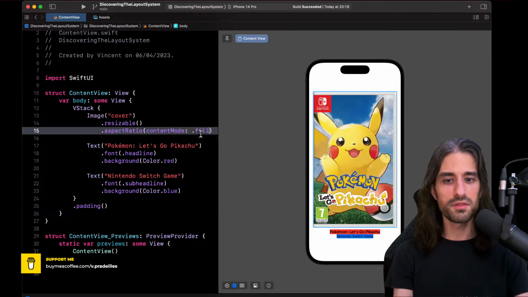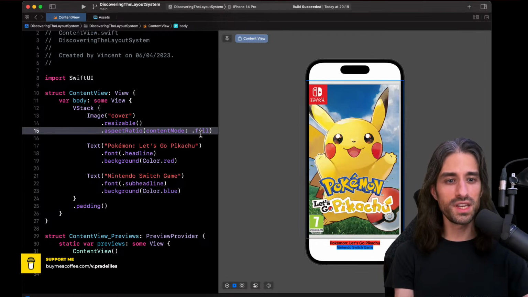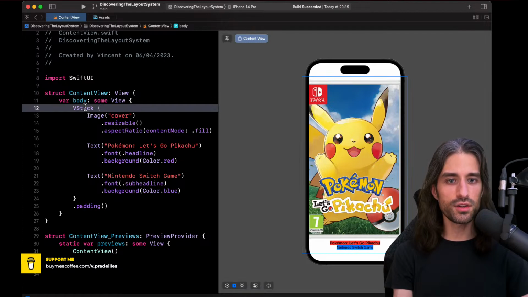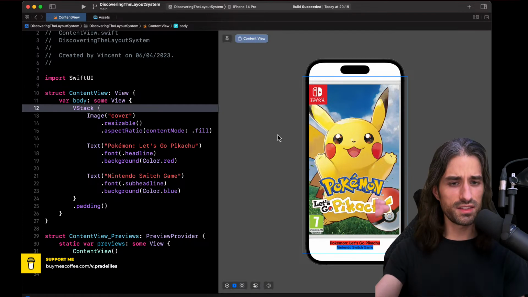Or we could say fill if we want to fill all of the available space at the price of cropping the image. You can notice that when we say fill, the image actually fills all the available space, but goes back to drawing outside of the screen.